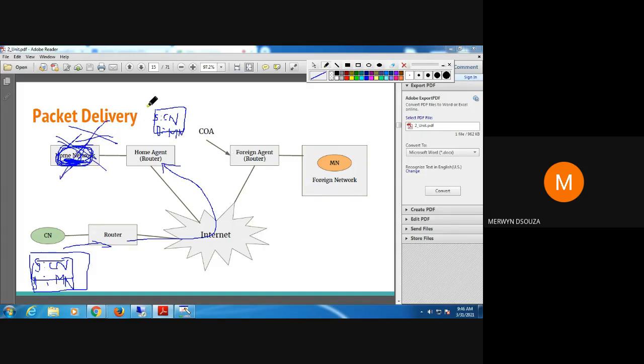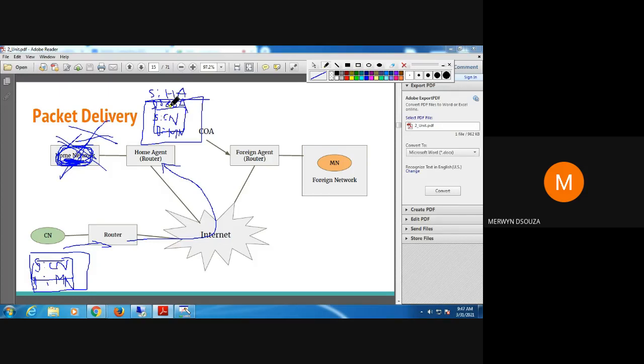So what the home agent does is encapsulate this packet. It puts another IP header. In that new IP header, it puts a new source address, which will be the home agent IP address, because now the home agent is forwarding the packet, and the destination will be the care of address.